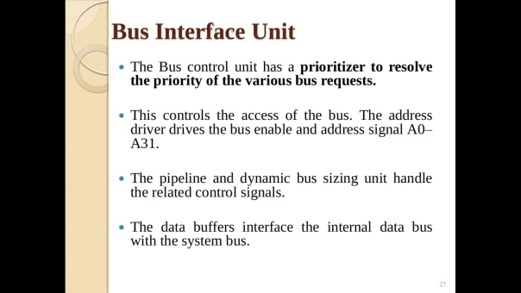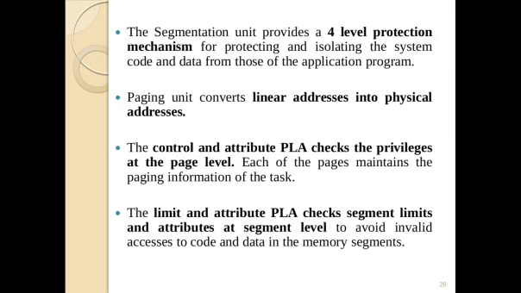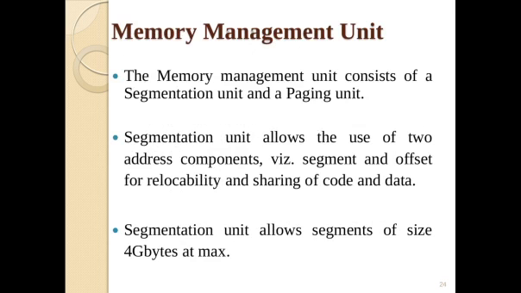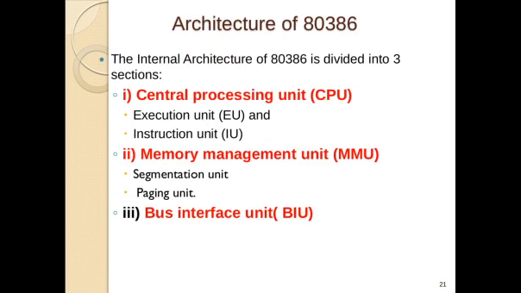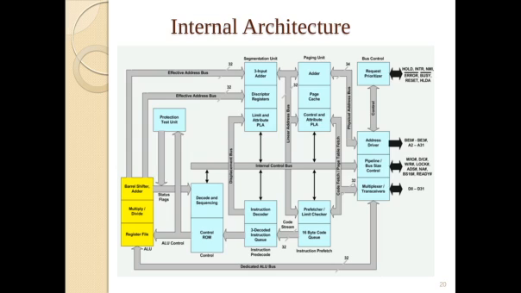So these are the three different units in the architecture of the 80386: the bus interface unit, the memory management unit which contains the segmentation and paging units, and the basic or main part is the central processing unit, which will perform all operations. It is the unit which will decode instructions, check the value of the code and execute the instruction based on the opcode. So these are the three basic units of any processor, not only the 386 but any processor which is used in machines.